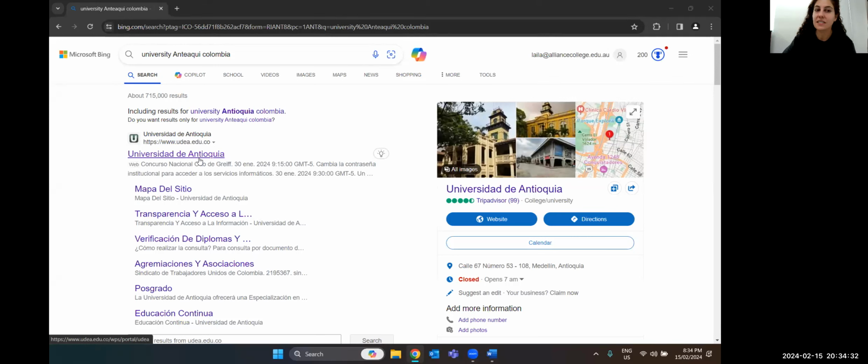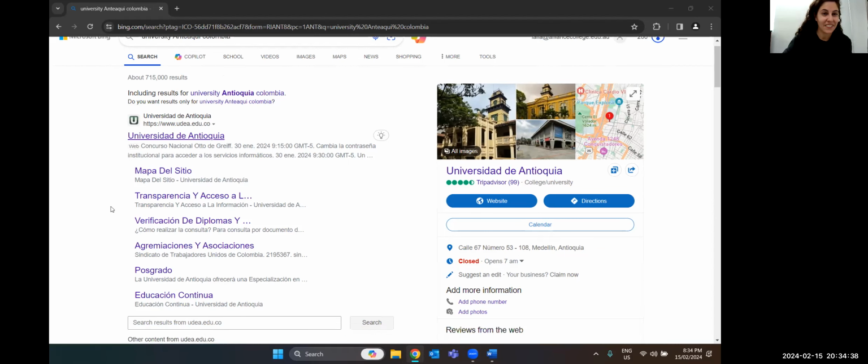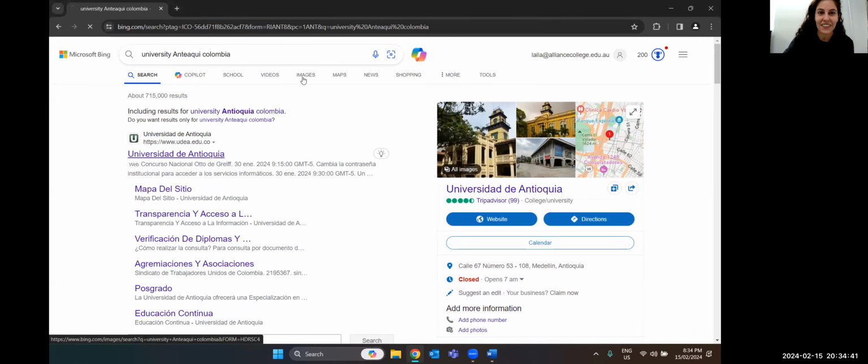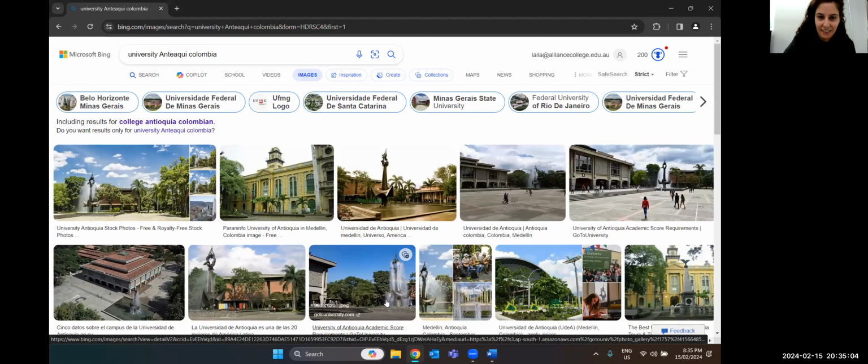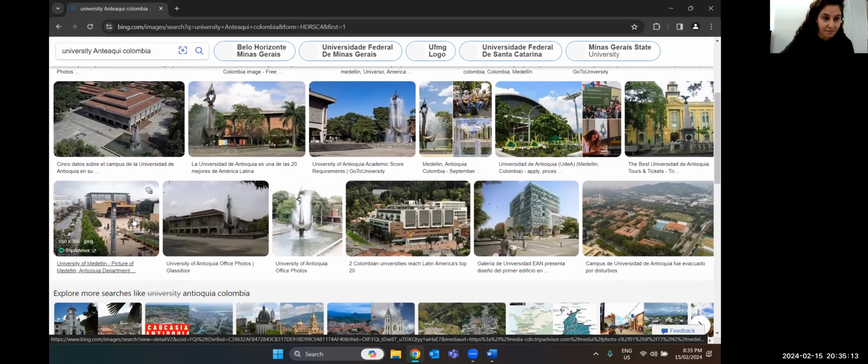University of Antioquia. Is that good pronunciation? Okay, good. So this is an example from Sebastian. So this is your university. Did you go here? Yeah. So this university is in Colombia and it looks so beautiful. Big. Water statue. This one? Yeah. Fountain. Yes, so it has a huge water fountain at the entrance.